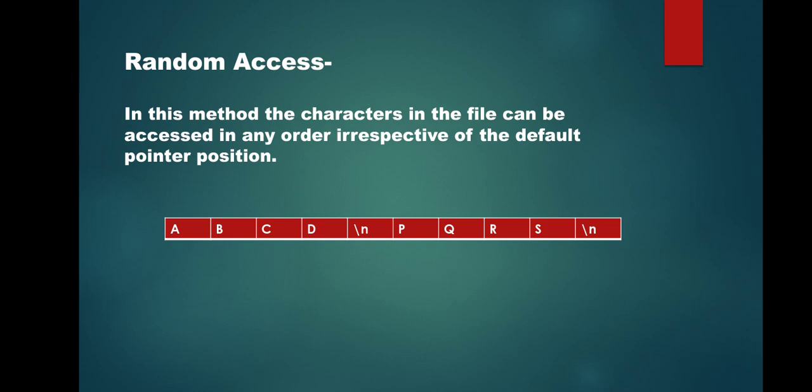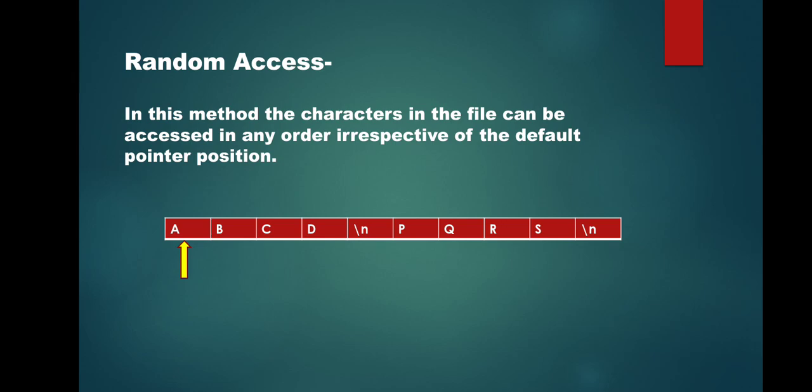Now coming to random access, what happens in this method? The characters in the file can be accessed in any order, irrespective of the default pointer position. Again, I am taking the same example. I have opened the file in reading mode, so the cursor is positioned over here.